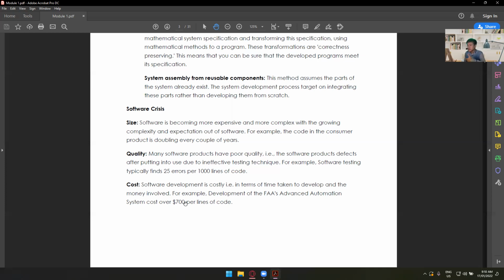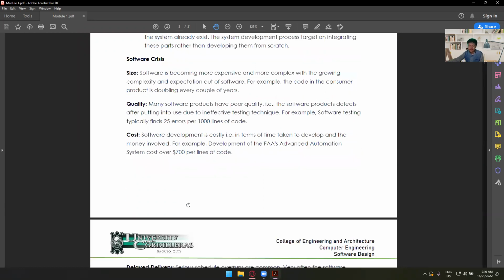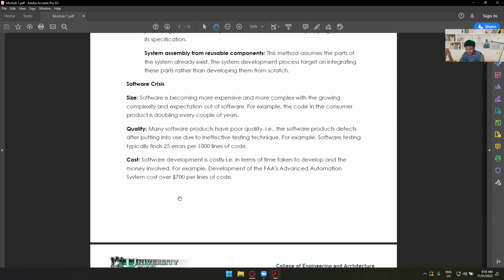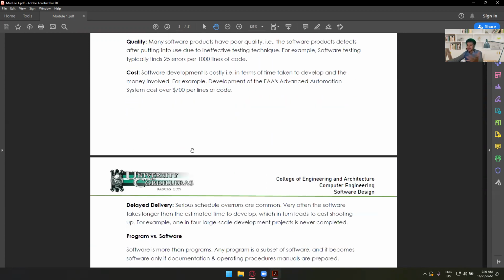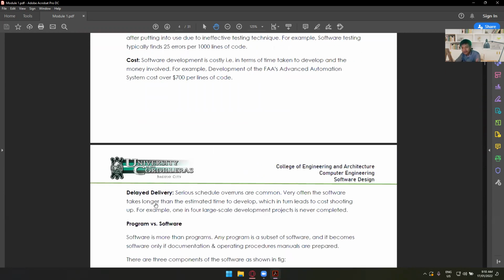Coming from our Scrum Master, the pinaka-mastery namin, is yun. So just one module is already quite long. And yeah, hindi ganun kalaki yung bayad, unlike what we are talking about here, like $700 per line of code, especially that we are beginners, so we don't have that much experience. Anyway, this one is not the last one. We also have the late delivery. Of course, a late schedule delivery of your project will also